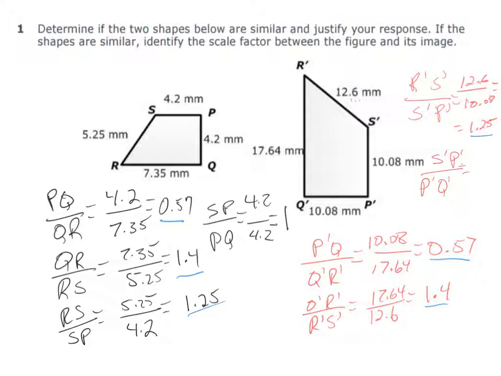All right, now I will get 10.08 divided by 10.08, and we know that's going to equal 1. So we can go ahead and check again, check our SP and PQ, and we got 1, and we got 1 there. So what we've done is we have proved that these shapes are similar,